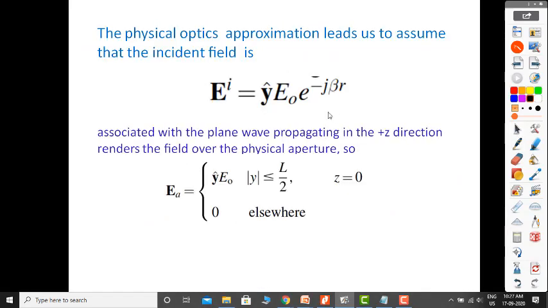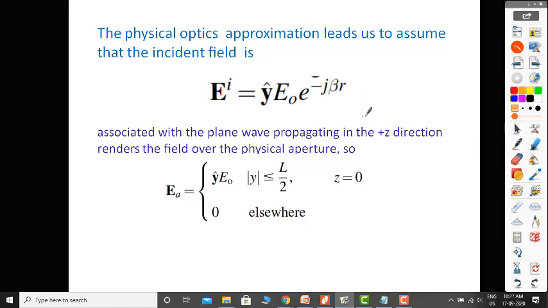So the direction is represented here in a spherical coordinate system. Let us say it is a sphere of radius r, which encloses the aperture or the slit, in this case, the slit. Let us assume that the slit is placed at the origin of the sphere. So the radiator is placed at the origin of the sphere, and the sphere has the radius of r.